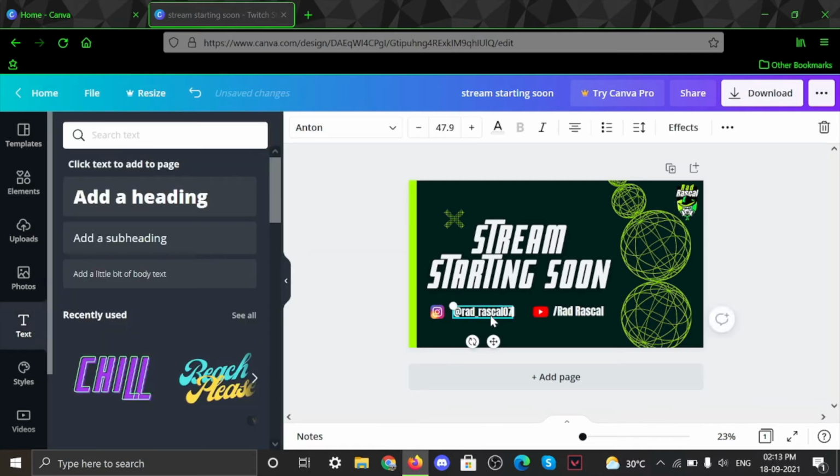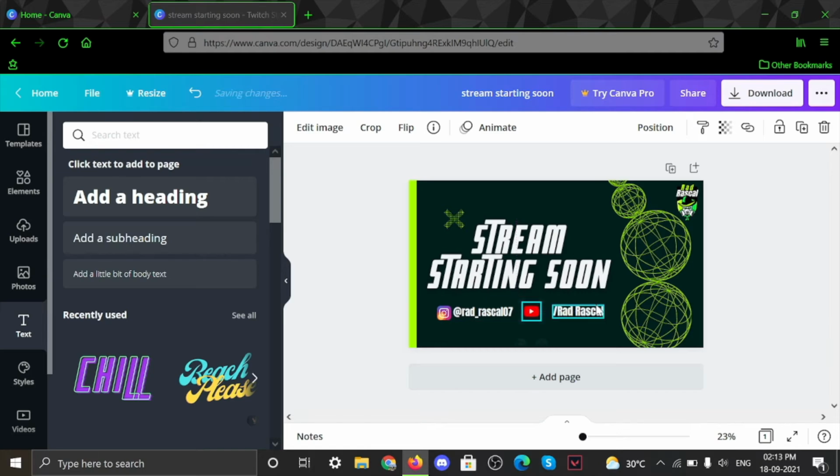There are different text styles, font sizes and font styles that you can use that don't look crammed, where you can add a lot of social profiles and look good based on the background and whatever is beside your text. So we'll just evenly space it out. Now that I've changed the font size and the font style, there is a little more space available, but I feel this is perfect.